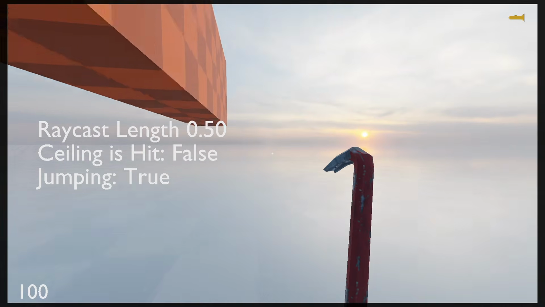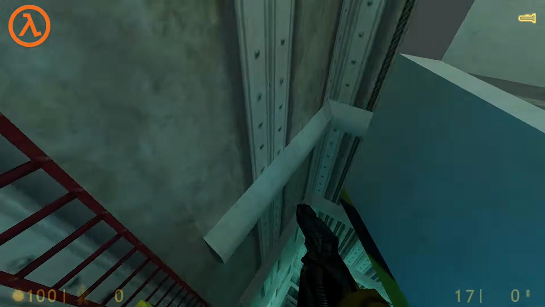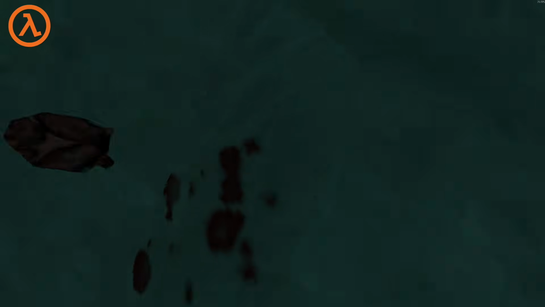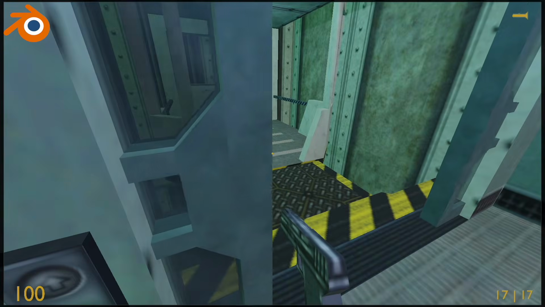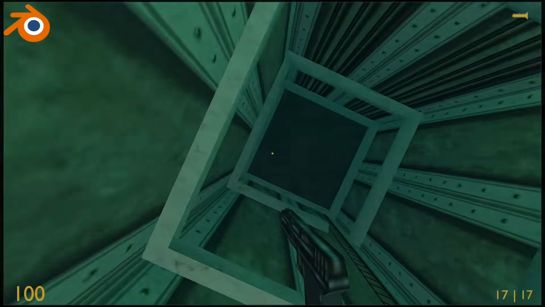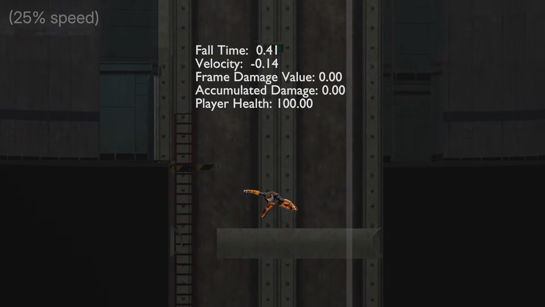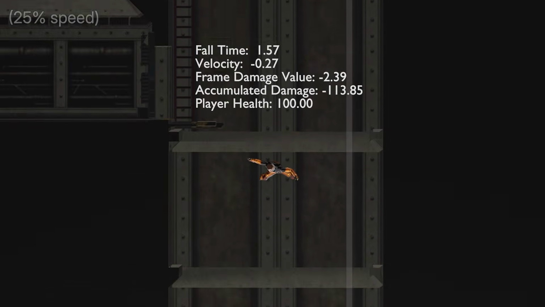disabling the jump if the distance is too small. While we're on the subject of jumping, let's talk about fall damage. Just like a lot of other games, Half-Life has fall damage, so I added it to my version as well. There are different ways to go about this, but I went with a pretty simple system that measures how long a player is falling downward, increasing the velocity over time. If a certain velocity threshold is reached, damage starts to accumulate, but isn't actually applied until contact with the floor